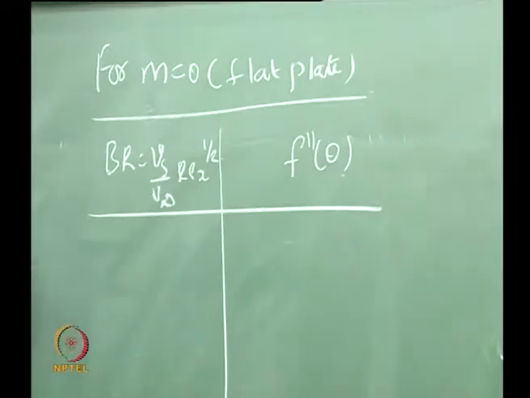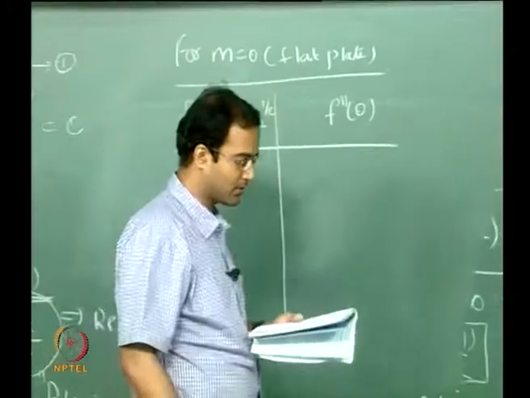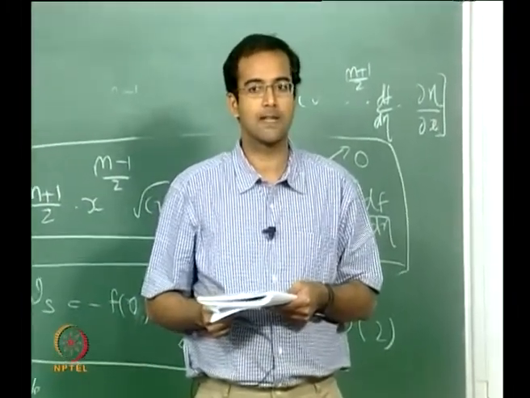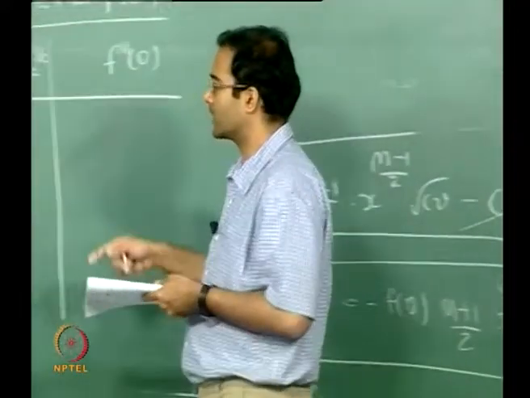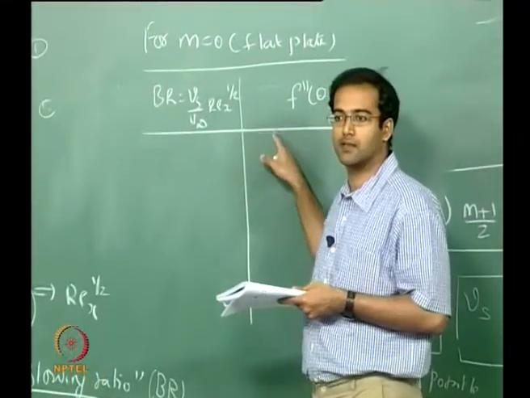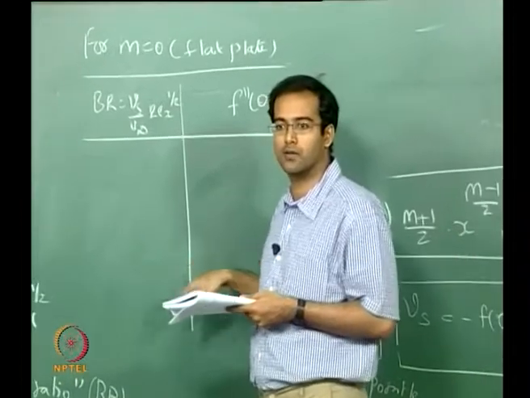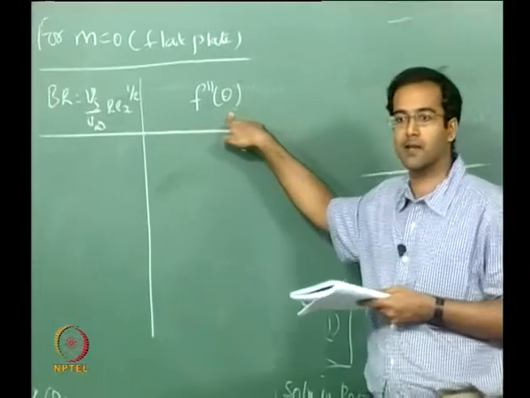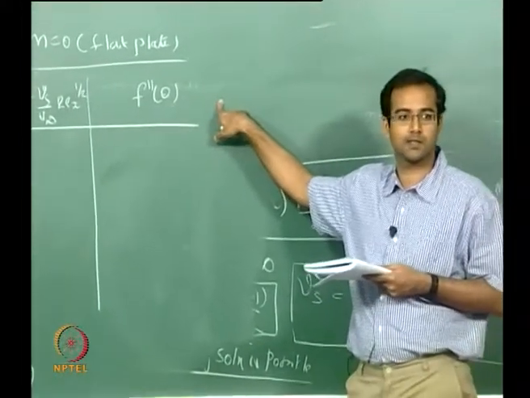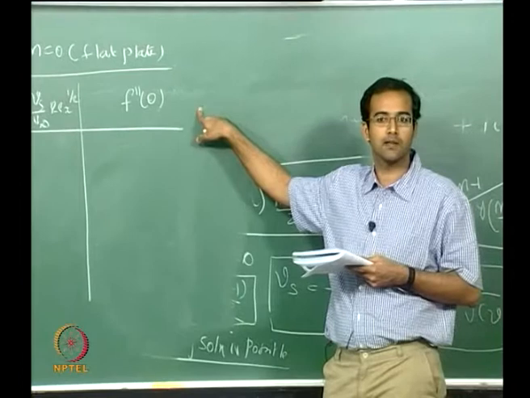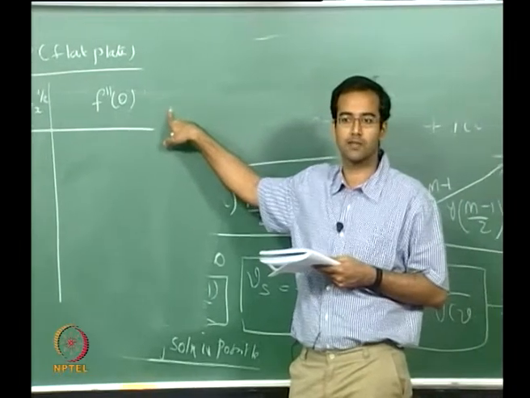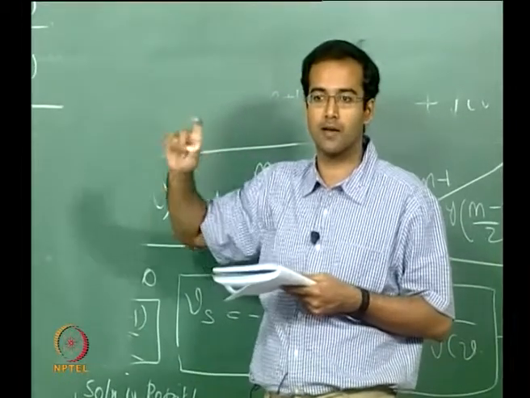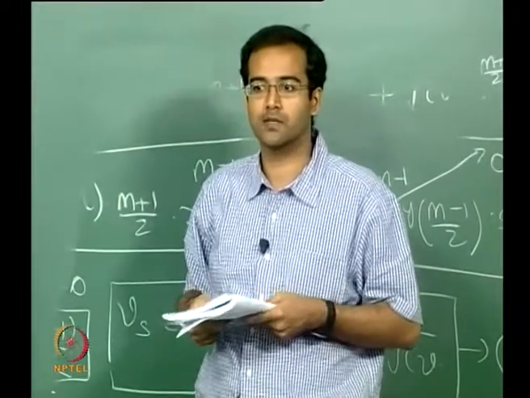Okay. If I tabulate it, in fact I have given you one problem in the second tutorial to do this. I have asked you to vary the blowing ratios to different values and check the corresponding value of f double prime at 0. Why do you need f double prime 0? Because this is directly related to the skin friction coefficient or wall shear stress. Similarly, your theta prime of 0 is directly related to your heat transfer coefficient. So these are finally what you require in order to calculate your heat transfer coefficient and skin friction.